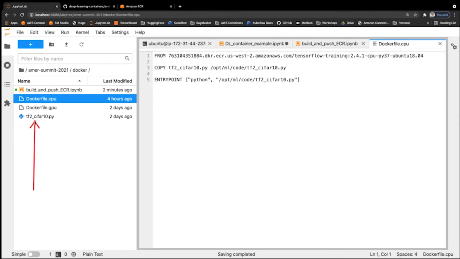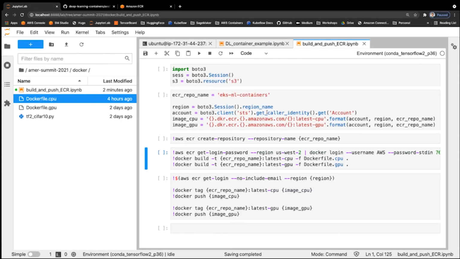So I have this TensorFlow Cypher training script. And finally, I say that the entry point is Python and this training script, which means when I execute the container, I'll start training. In between, you can add custom libraries that you can include to personalize or customize your development environment or training environment. Once you have this Docker file written down, you can now build this container and push it to a container registry.